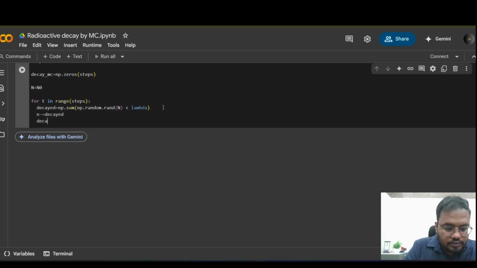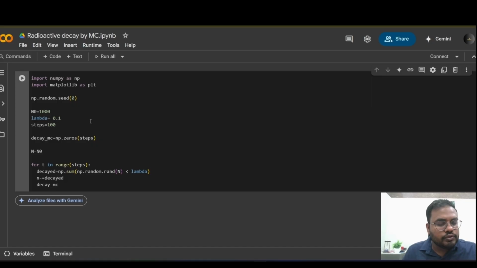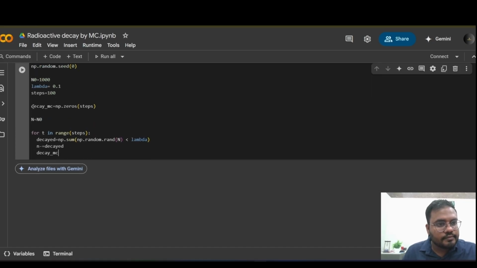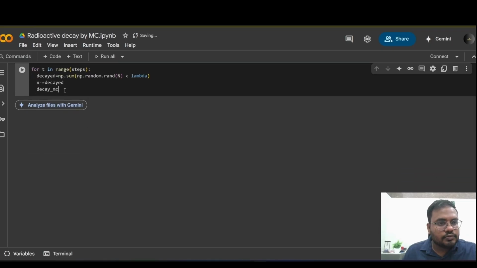Now this is decayed. I have to store this data to Monte Carlo decay, which I already assigned. So decay_mc, which is a function of t, is equal to capital N, right?